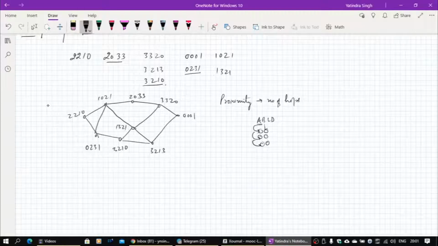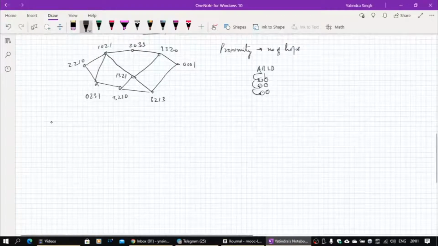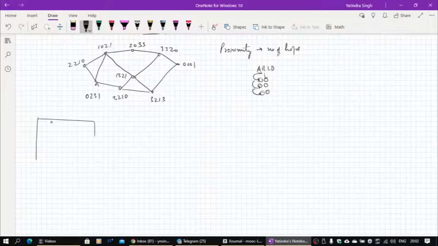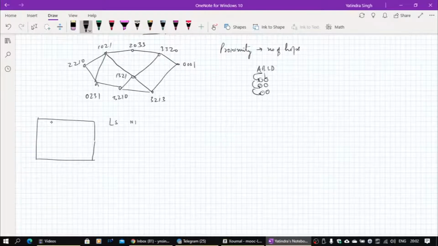Now let's build up the routing tables for each one of them and see how they will look. I am assuming steady state conditions, so we will also have to write the leaf sets for each one of them. So the leaf set I am going to build up as a 4 by 4. This is the routing table. We will also have leaf set entries and neighbor table entries, all 4. Okay, let's now create them for the first one.